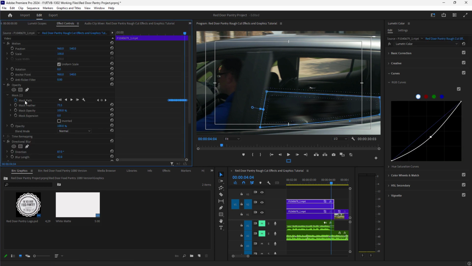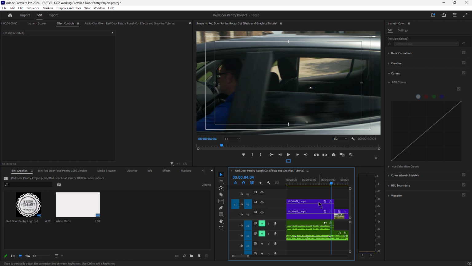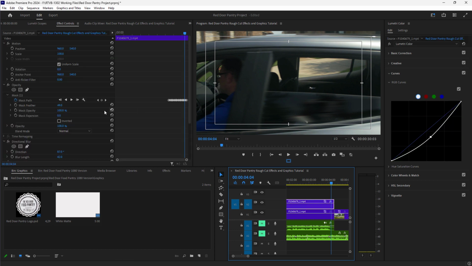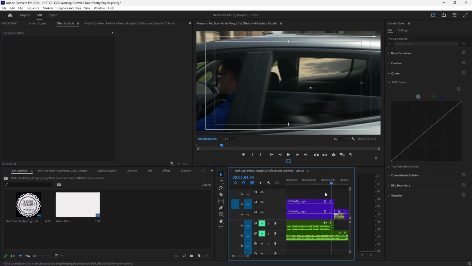I might just do one more little thing, and that is maybe I want to tighten this feather up just a little bit to make it to where the edges are a little bit more darkened, because the more I do this, the lighter the edges get. Okay, so I need to find a happy medium between blurring out the edges and making the edges darker. Okay, we'll go with that. Why not? So hopefully,